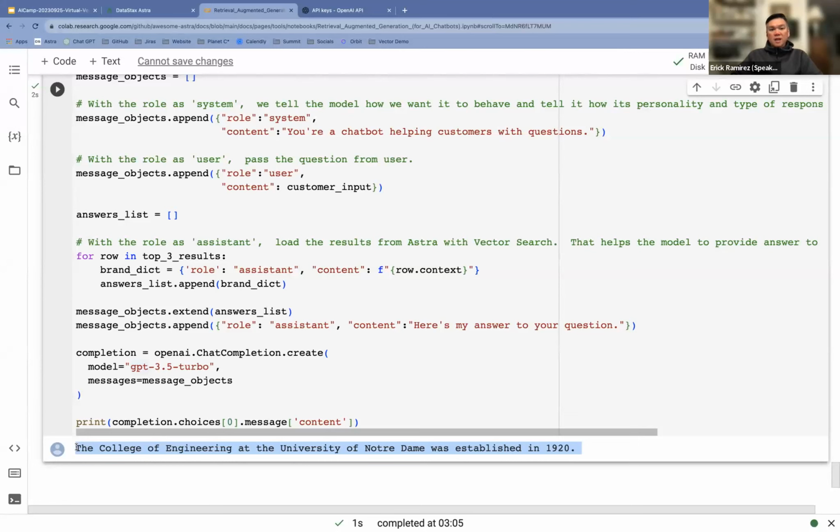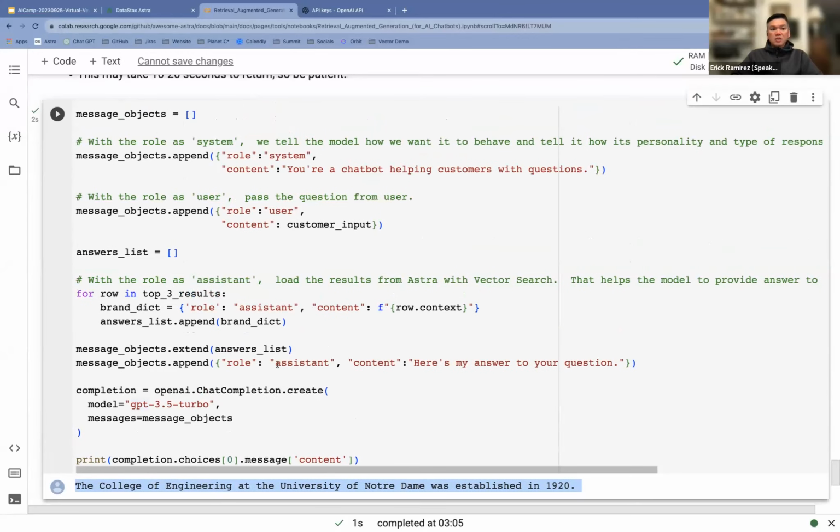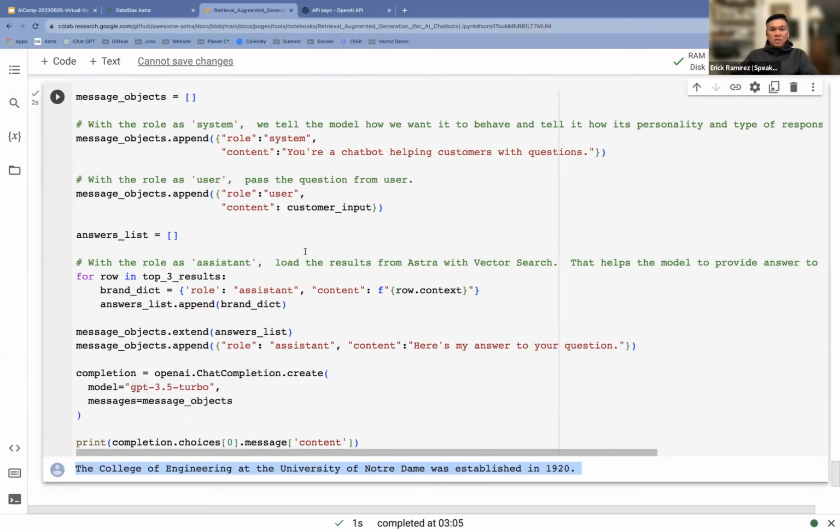So we've fed it knowledge about our data, and now we can just continually keep asking questions, and then feed it to the chatbot so that the chatbot will provide answers based on the data in our database.